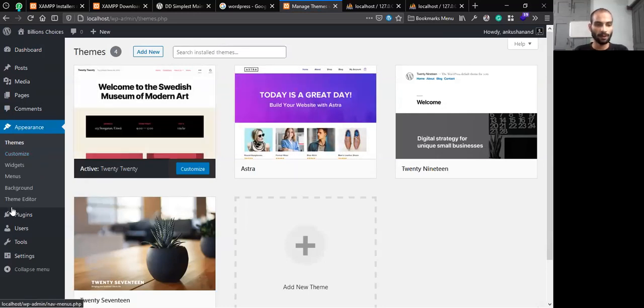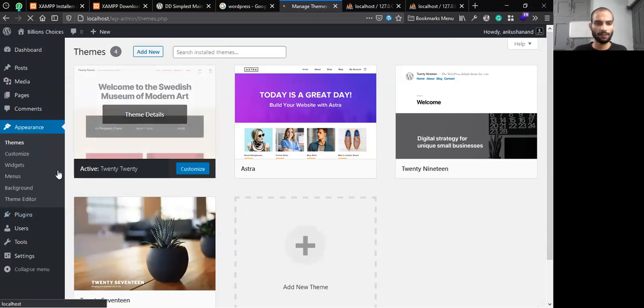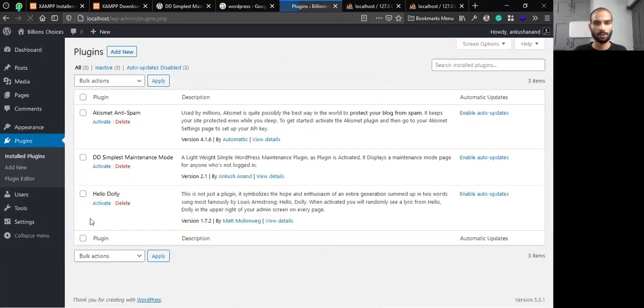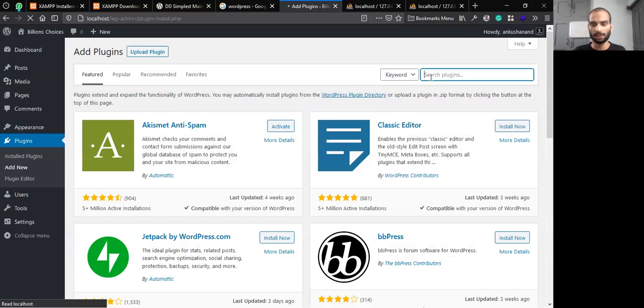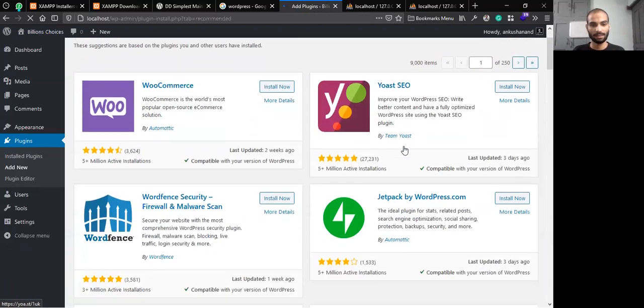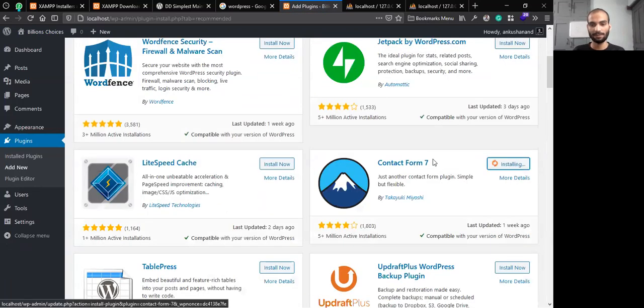Now if you want to add another plugin or theme, you can do that normally as well, like we do in other hostings. So if I want to add a new plugin, I will just go to plugins and add new plugin, and I can install any plugin right here. What I want to install, I don't know. So I will just go to recommended plugins and see if there is anything that I want to add. I want to add Contact Form 7, which is very minimal, but I can create any type of contact form through this plugin.